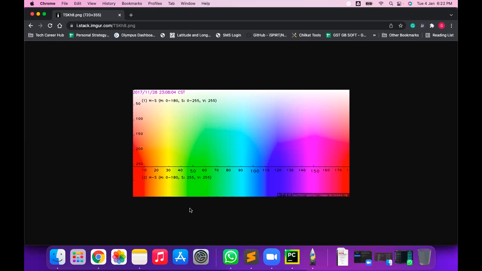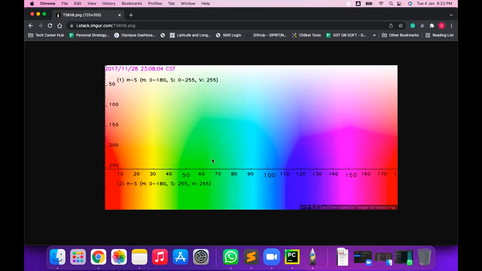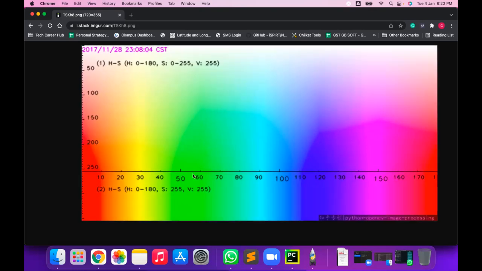So you have to convert your image from a BGR image to an HSV image, and now you can easily set the color, or you can easily find out the intensity of your pixel by only seeing the value of H. H is called the hue, S is called the saturation, and V is called the value. These are the three values which identify the color intensity of the particular pixel.